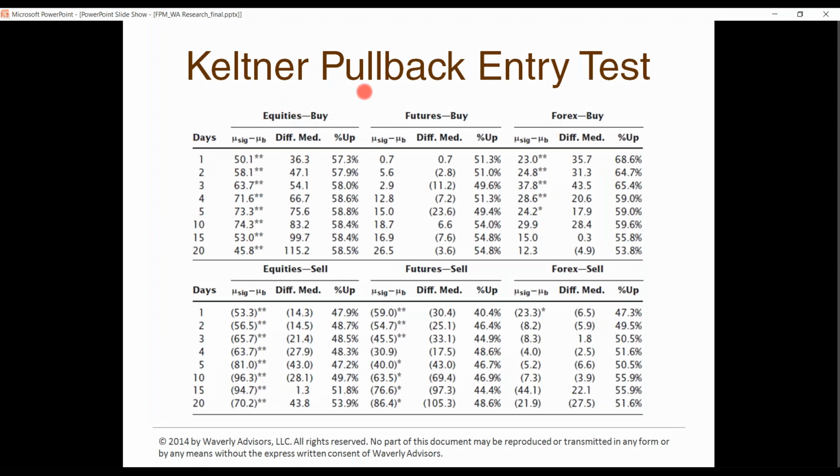It divides into column sections, so you have equities, stocks here, futures, currencies. The buy signal is on top. The sell signal is on bottom. And you can watch this on replay and pause and dig into it a little bit deeper. The column that really matters for us is there are two. There's the win percentage in this case. So this is showing that one day after we got that buy signal, the market was up 57% of the time. And it was up an average, and all these numbers are basis points for the returns, 50 basis points. Folks, that's very significant. That's a tremendous edge, and we see it a week out.